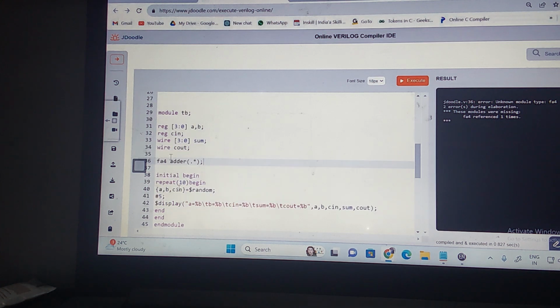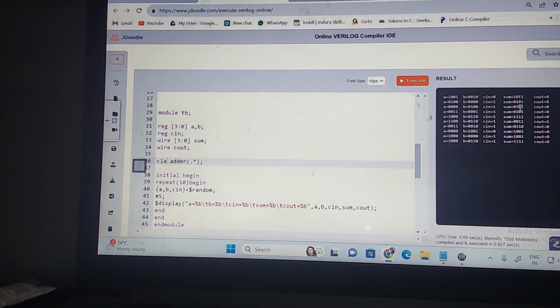I need to properly manage and change the design file. Now I print the carry in decimal to verify the answer, with A, B and sum also printed in decimal. Now let us see whether it is working as an adder. 9 plus 2 is 11. 4 plus 0 is 4. 8 plus 6 is 14 plus 1 is 15. And 12 plus 6 is 18 plus 1 is 19. 19 means sum will be 0011, which is 3, and carry out is 1. Now this works fine, the carry look ahead adder.